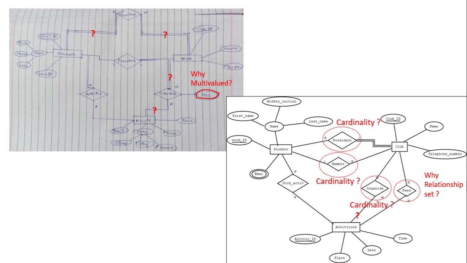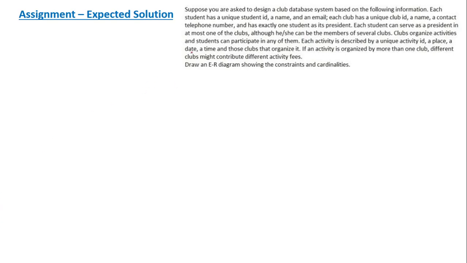Okay, now fees here is shown as the relationship. In fact, fees need not be a relationship. We are showing the relationship between activity and club by making use of this, right? So as I stated earlier, for this particular relationship, we may have the descriptive attribute fees. Okay, so once again these two solutions need refinements. Now with these discussions, I am going to show you the correct solution.